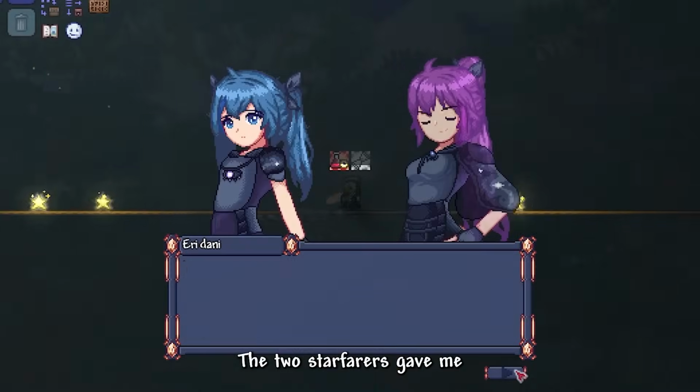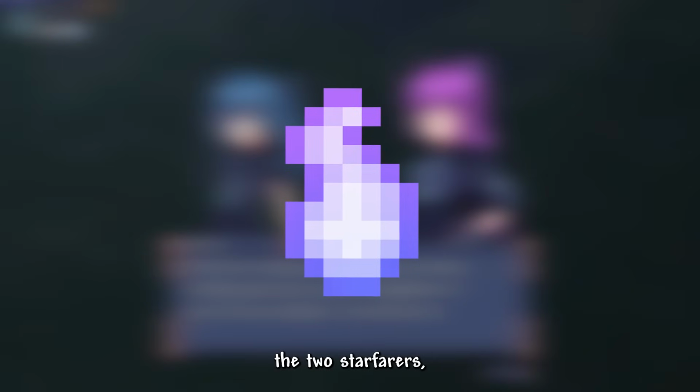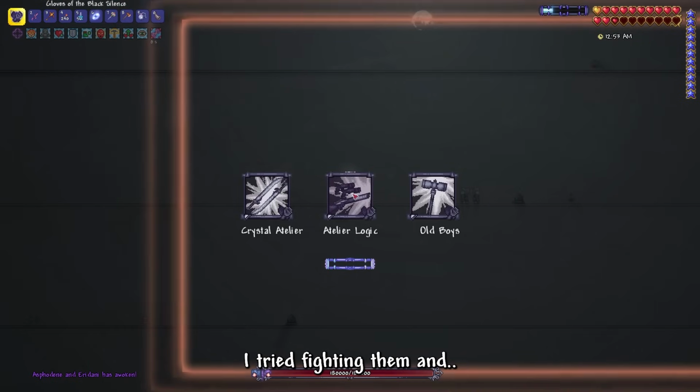The 2 Starfarers gave me an item called the Starfarer's Memoria, which actually summons the 2 Starfarers, so I can fight them just for fun. I tried fighting them and...